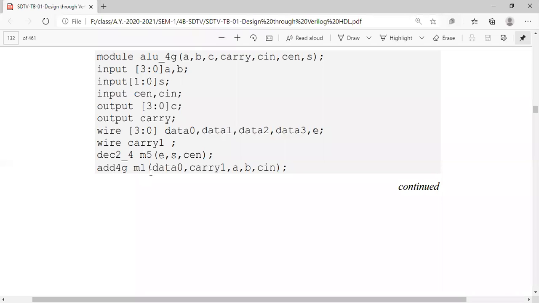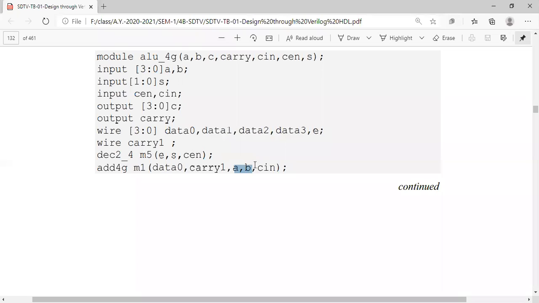So see here what we got now. The sum we have stored is in data 0, a temporary wire signal, and the carry we got is stored in carry 1.